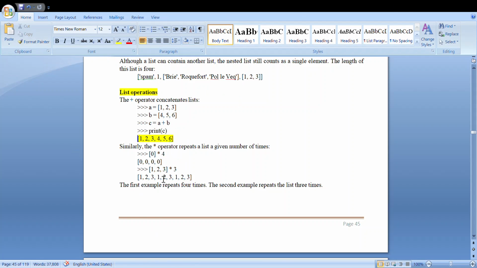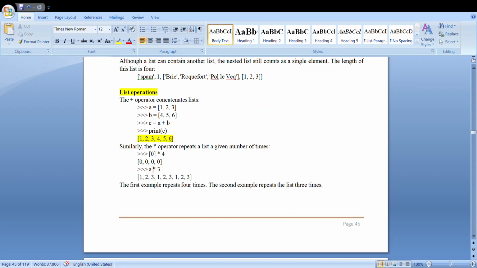In the same way, if you want to repeat the values in the list, you can use the multiplication operator, the asterisk, and specify the number of times it has to be repeated. Here they have taken it as 4, here as 3, and here instead of giving 1, 2, 3 as the elements, you can also specify it as A into 3.